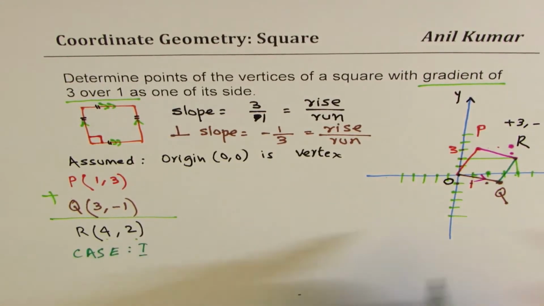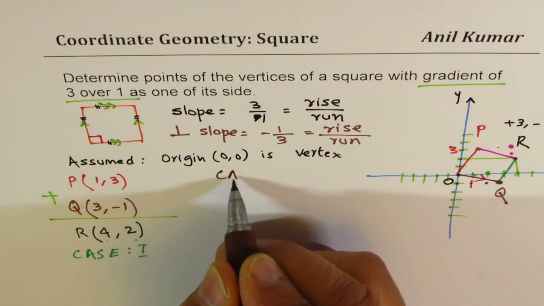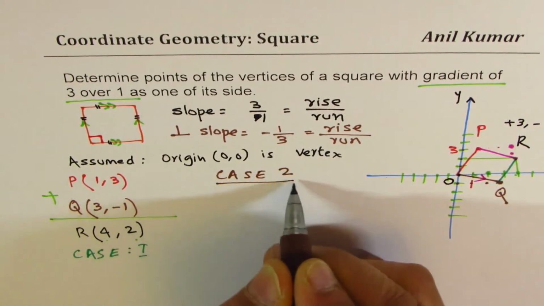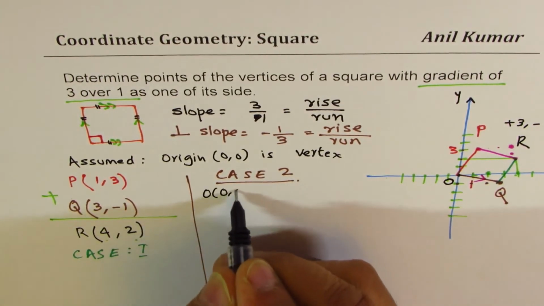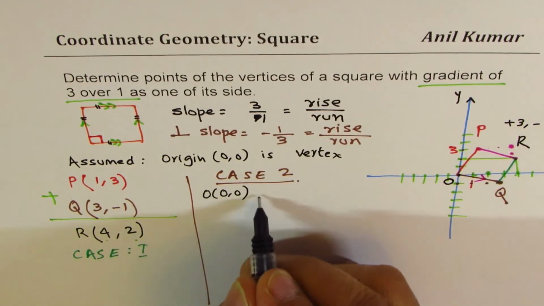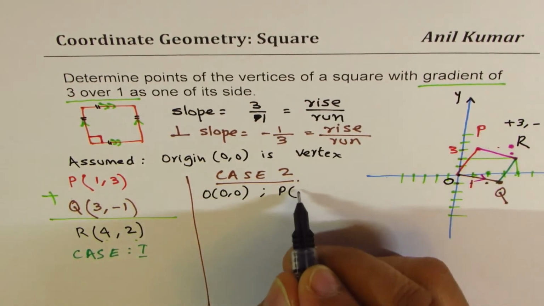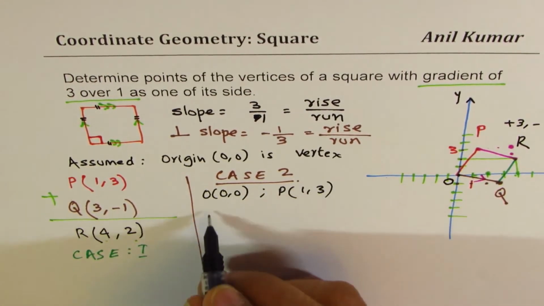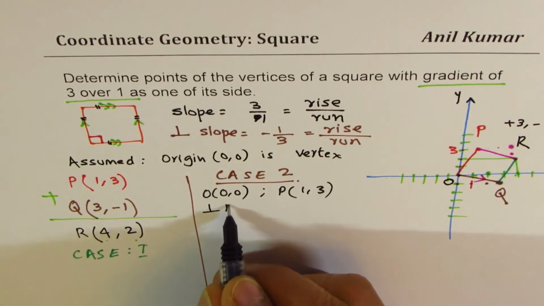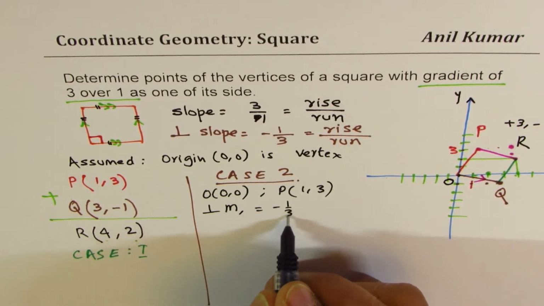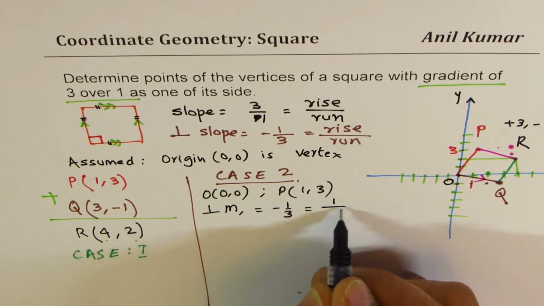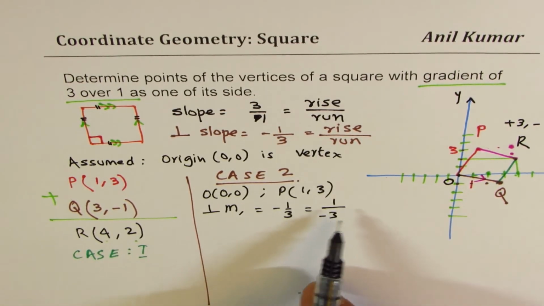There could be many other squares also. With 3 over 1, I could have used option 2, case 2. Let me write down case 2 here. Again, case 2 could have been, let's begin with the origin O, which is 0, 0, and get to the point P, which is 1, 3. Now, when we say that the perpendicular slope, let's write M here, is equal to minus 1 over 3, I could treat 1 as positive and 3 as negative. So if I do that,